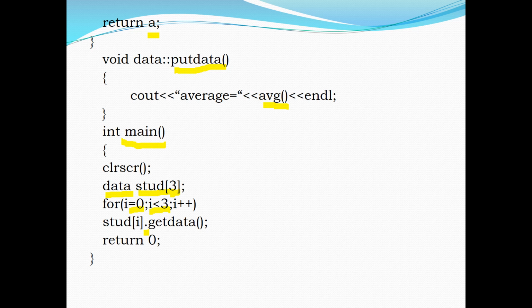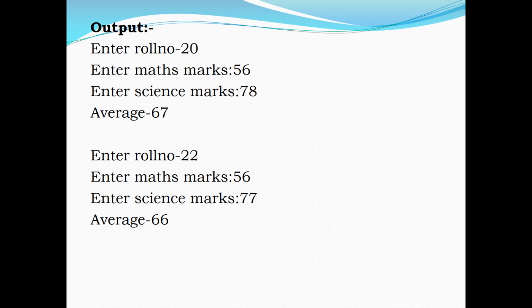Once a function called putdata has been accessed, it is going to display the arrays. For an example, I'm going to accept 3 students' data. We'll see how the output is going to be seen by using an array of objects. The output of the previous program is